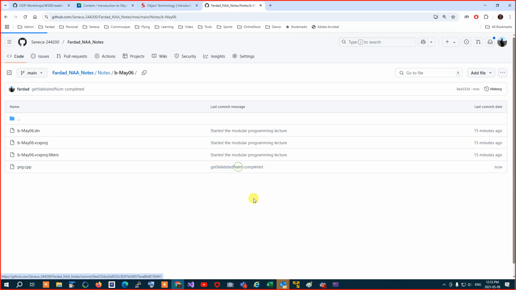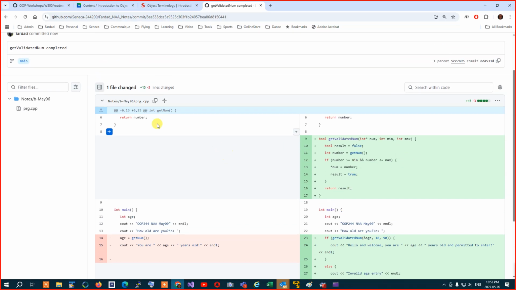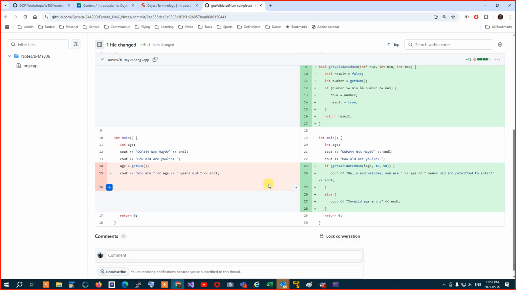If you click over here, you will see the difference before and after. You see that? You can actually do it like this. It shows everything. So getNum remains the same. This was added. This is how main was and is. Everything that was changed actually shows to you, so you know what was changed. This gives you help for every stage of the work, and you can do that with